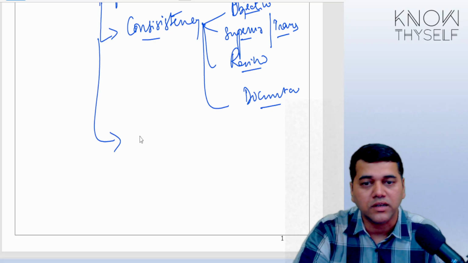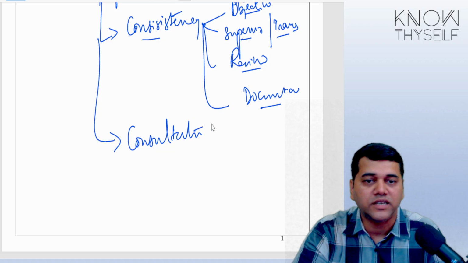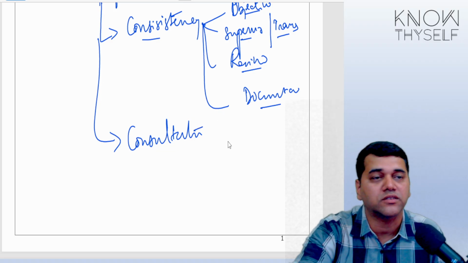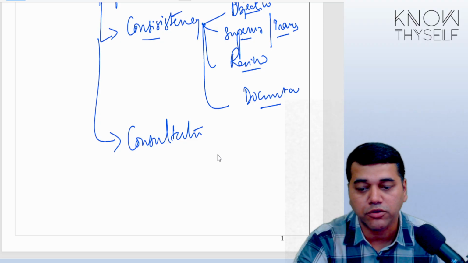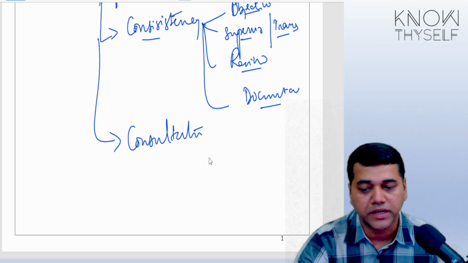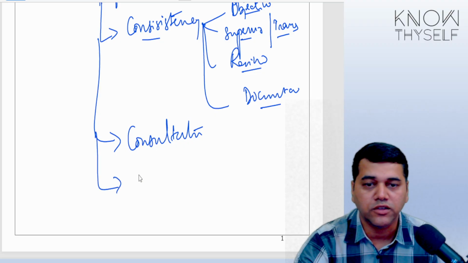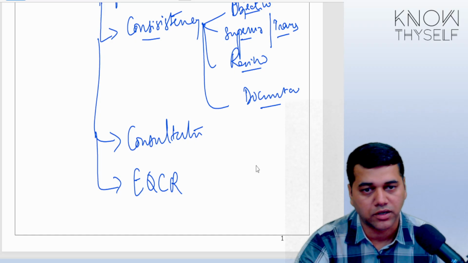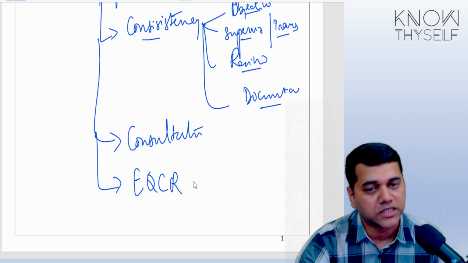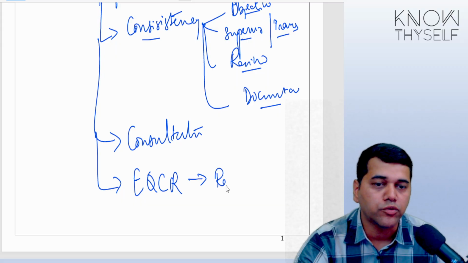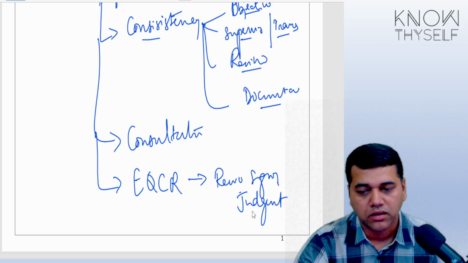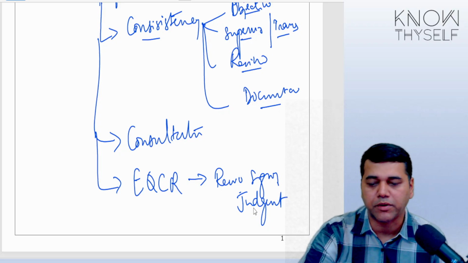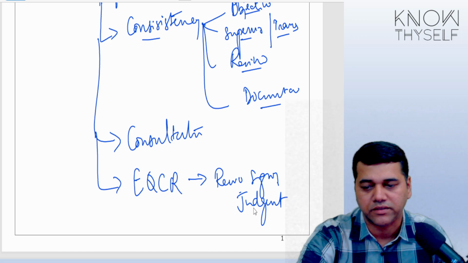Next, the element you have got is consultation. Consultation for difficult and contentious matters. Contentious means controversial matters, matters where you can have an argument with the management. Here you need to have people with the appropriate knowledge, documentation, etc. The next one is your EQCR, which is mandatory for listed entities. Here primarily he will review significant judgments. This is the primary job of an EQCR. Then they will perform some other things: significant appropriateness of the report, review of the financial statements, etc.